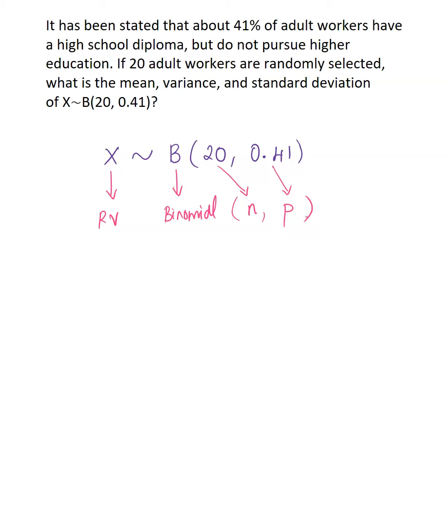20 trials, 20 times you do the experiment. And P is the probability of success, so it must be a value between 0 and 1, so that's 0.41, perfect. So we've got the meaning of what this x follows, okay? And we also have that 41% here, which is your P basically. But let's define what x is actually representing here. X is the random variable, so what is it defined to be? The focus of this problem is that we have adult workers who have a high school diploma but do not pursue higher education. So x is the number of workers,